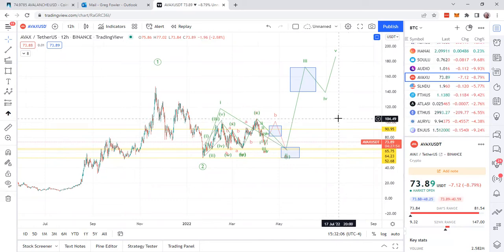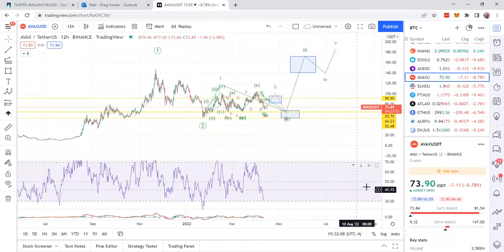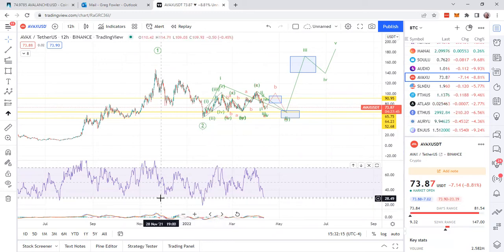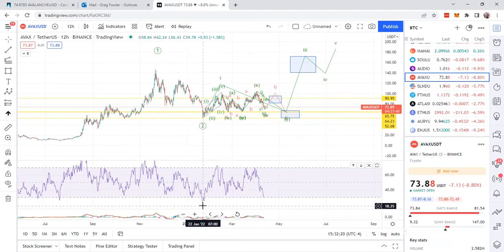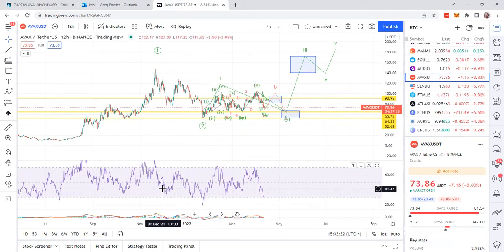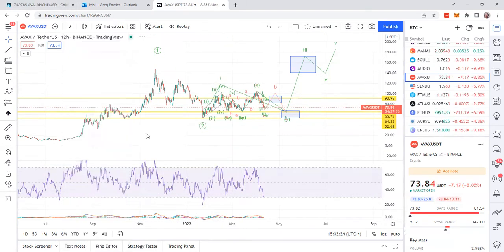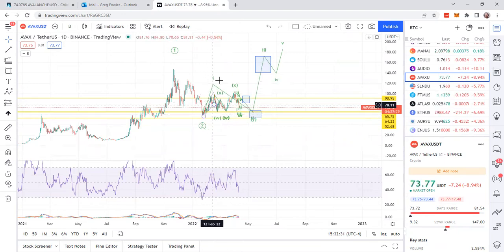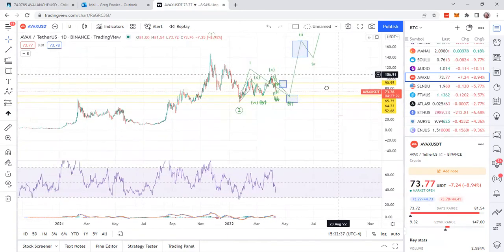I think the low is in. There's so much evidence that the low is in down here, guys. It just came down and I cannot find any divergence. And this is exactly what you want to see. That's exactly how you want to find a bottom, just like that. It's on the daily too. It just came down. You want to see it whiz down and then bounce out of there. Better to have a better bounce, but I'll give AVAX the benefit of the doubt because the market was crap, so it couldn't take off really well.